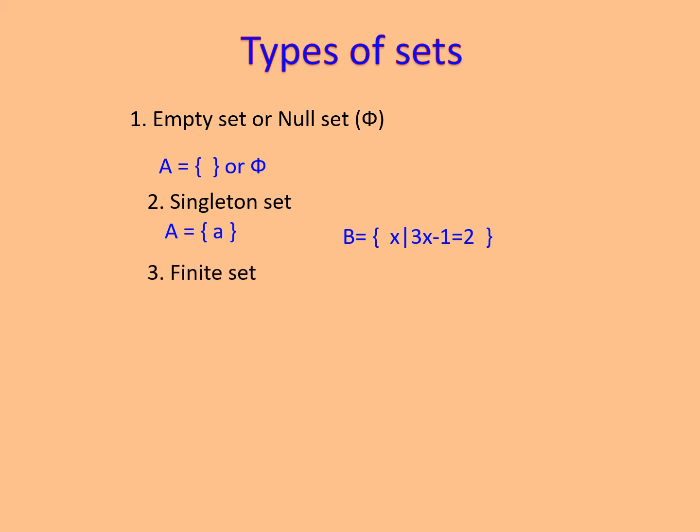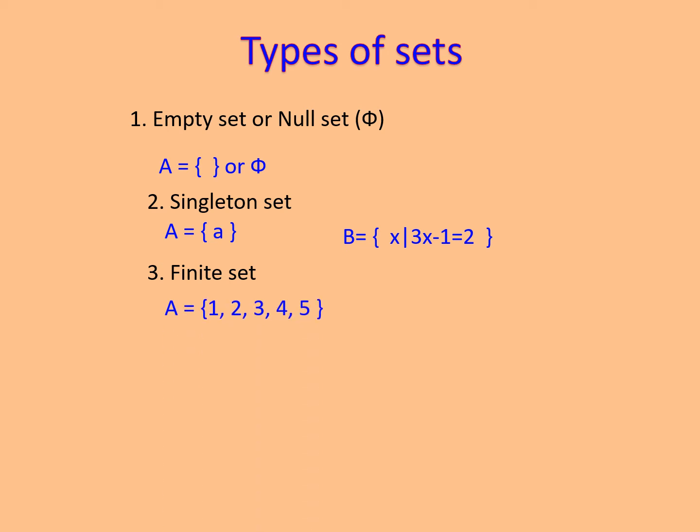Then we call it next as finite set. Finite set means the number of elements present in a set are countable. We can complete the counting of the elements which are given to you in the set. Such sets are called as finite set. For example, set of the students in your own class. We have roll numbers first to last, so the number of the students can be counted there. That's why we call them as a finite set.